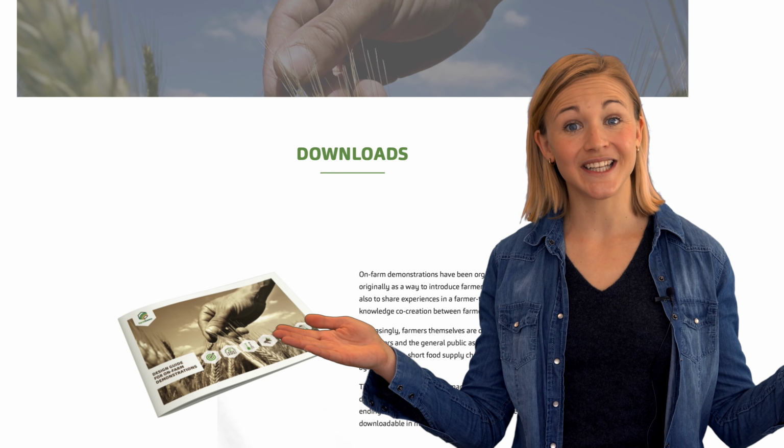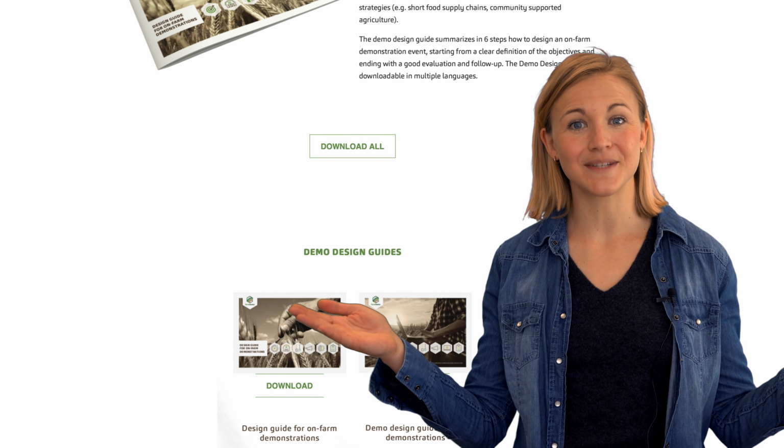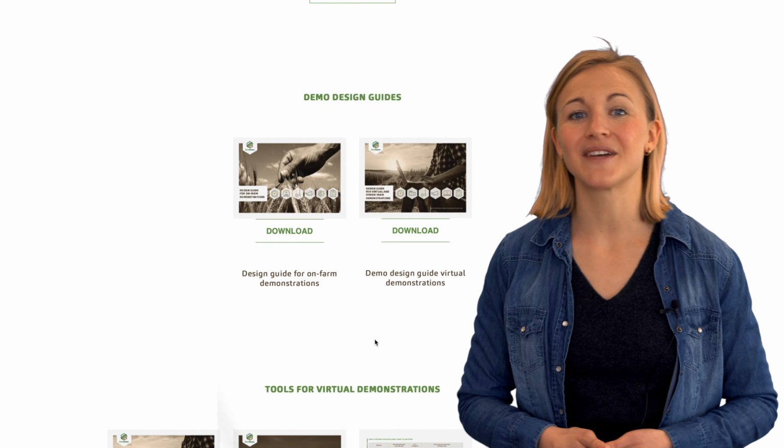As you can see, the training kit offers a lot of practical support and inspiration to make your next demo event even better. Well, we already collected a lot of tools, but this is an ongoing story. And if others have interesting tools for this training kit, we would be very, very happy if you could share them with us. For more details, please check